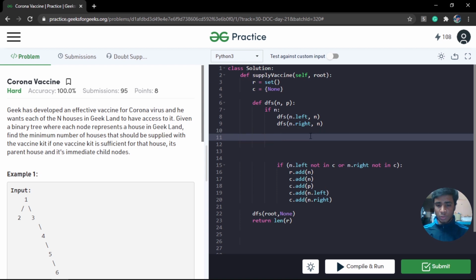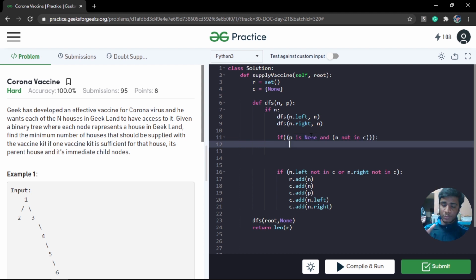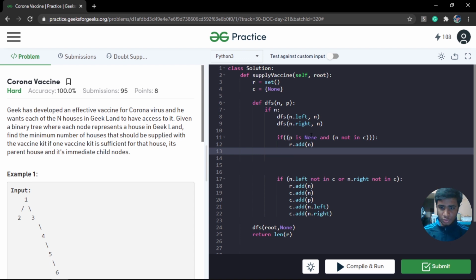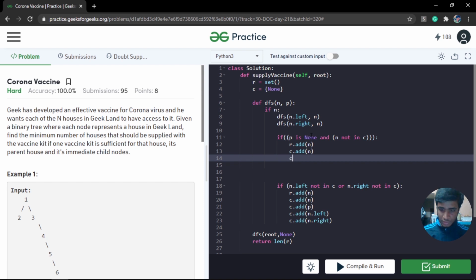So I'm going to simply do a check, that is, if my P, that is my parent, is none, and at the same time my N has not been covered previously, that is, it is not in C, then this is our base case which has to be handled separately. So I'm going to say r.add of N, and also add all these neighbors to the C. So C.add of N, you can simply copy paste the below thing. C.add of N.right,